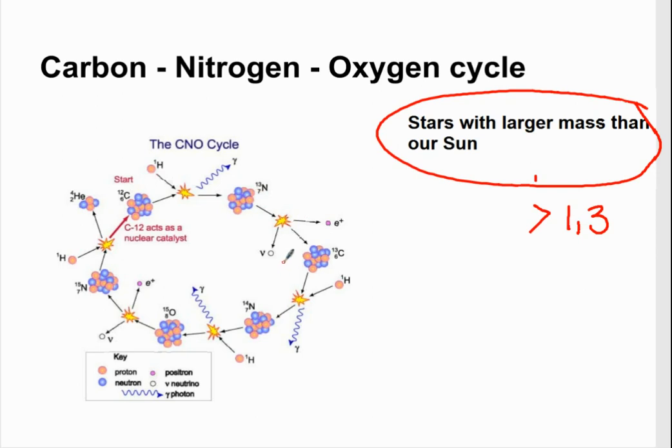But when you look at it in more detail, and most places you will see this, you need to remember that it could go different routes depending on how many nuclides we have, depending on how hot it is, depending on the luck. Is a proton hitting it at the right angle, so the orientation of the collisions, and also on the half life. These elements have all got different half lives, so there's a lot of things that can cause it to go